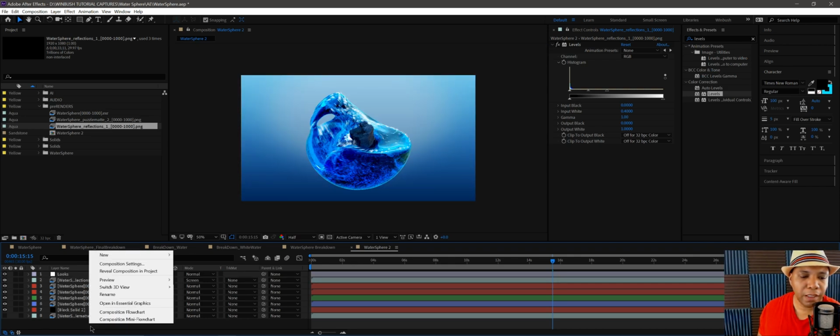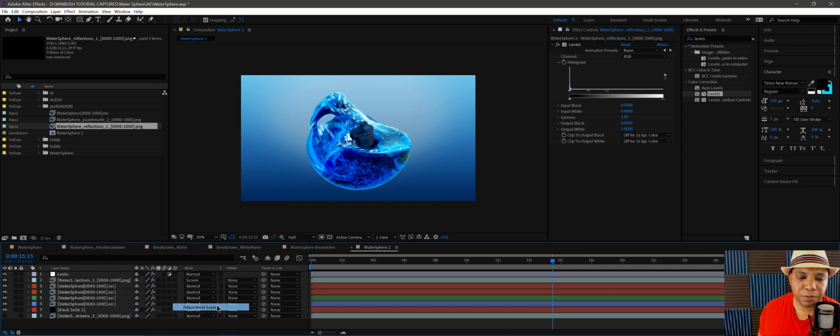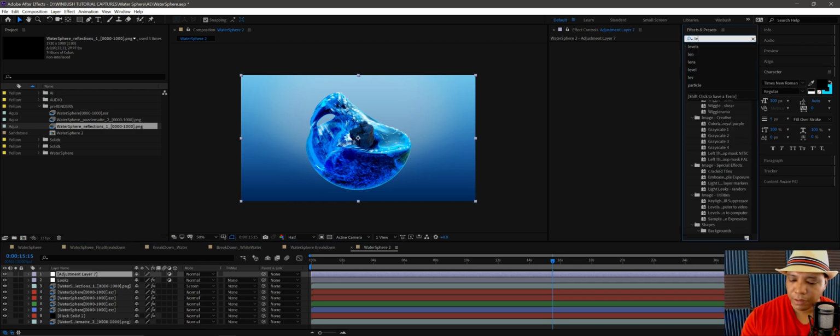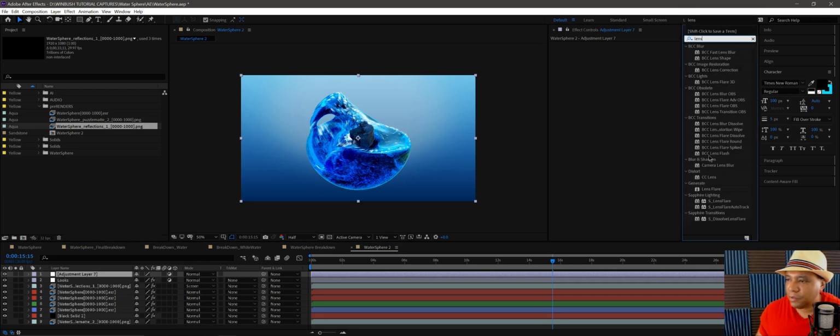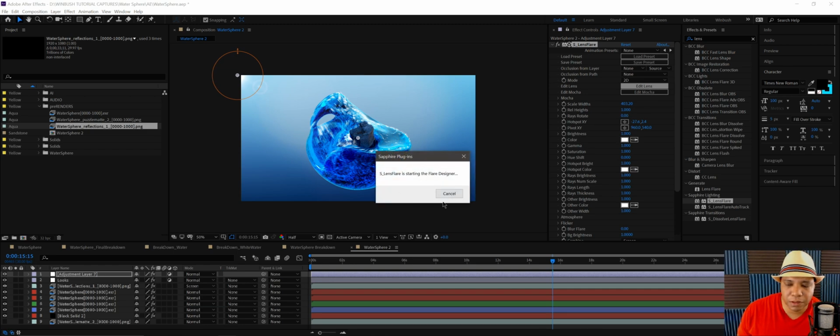And then if we want to add a lens flare, we have several options here. If I type in lens, depending on what you have, if you have Optical Flares, or the Sapphire flares, or even just the flares that come inside of After Effects like this one here, I like using the Sapphire lighting. So let me use the Sapphire lens flare, bring this up here into the corner, and if I click on my edit lens, give this a second to fire up,